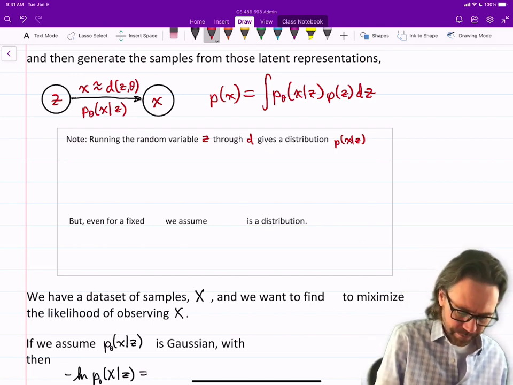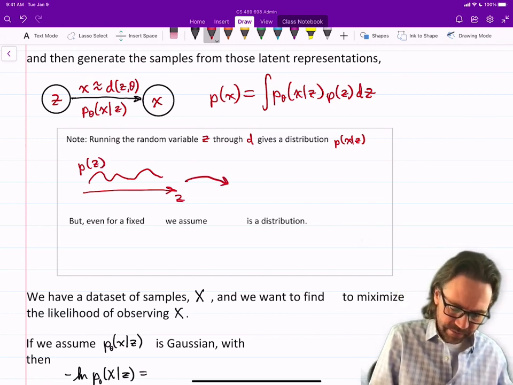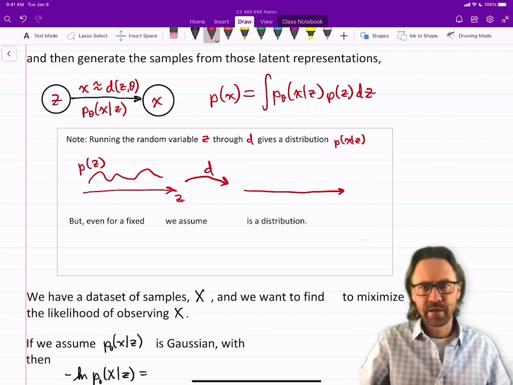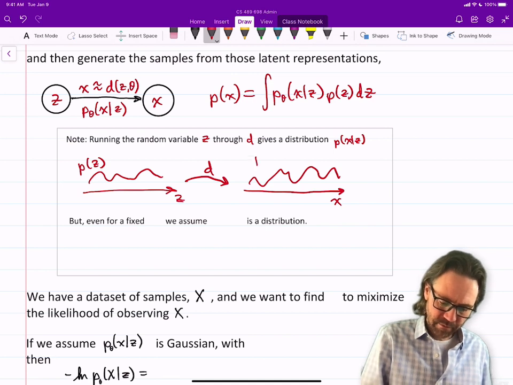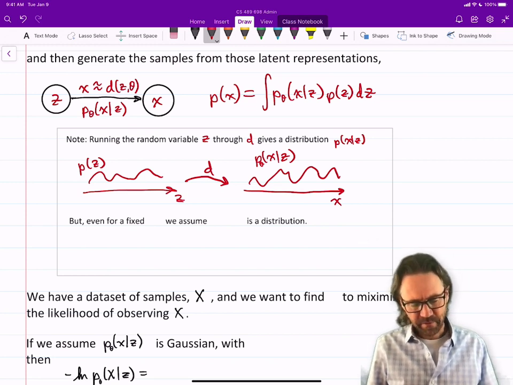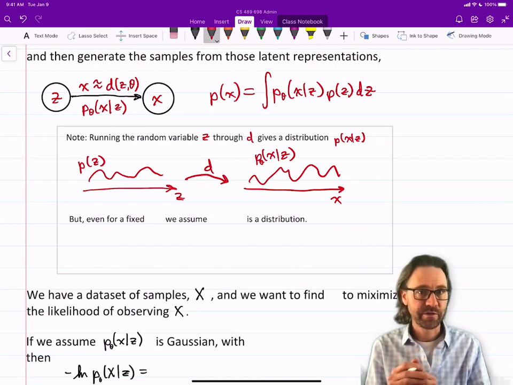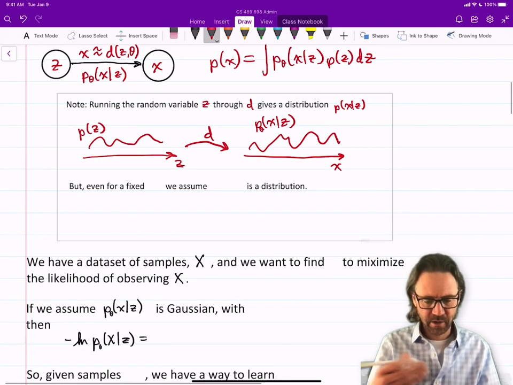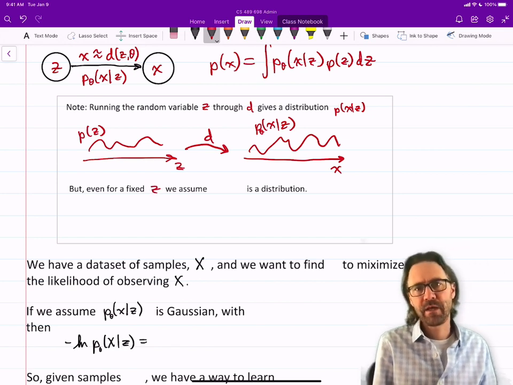So in a drawing here, I've got Z here, and I've got some distribution of Z, so this is probability of Z. Then I can run that through D and then get a distribution over X, probability of X given Z. So that's one way in which probability of X given Z is a distribution. But in addition to that, going forward, we're going to also say that even for a fixed Z, we assume that P of X given Z